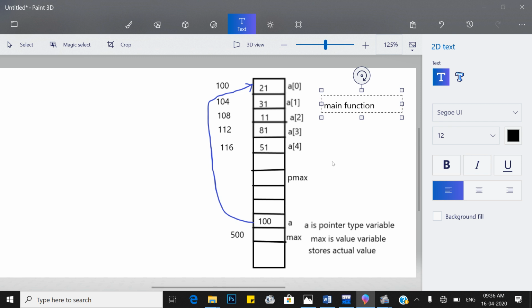After that, this array we have to pass to which function? The largest function.